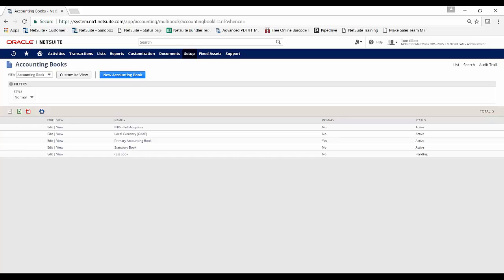You can see that in the 3rd column it says primary, and only one of your books can be your primary book, and the status is active or pending. Active means that transactions will actually be posted to that book. Pending means you're still in the process of setting up that book and you won't have any transactions posting into the book. So if I look at my primary accounting book first